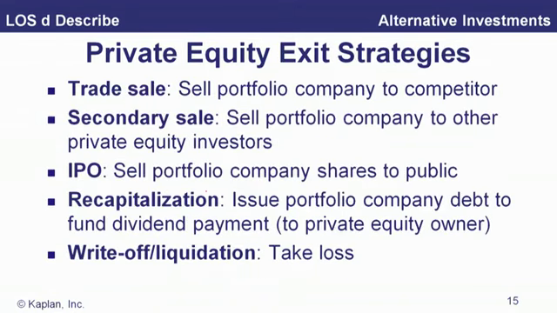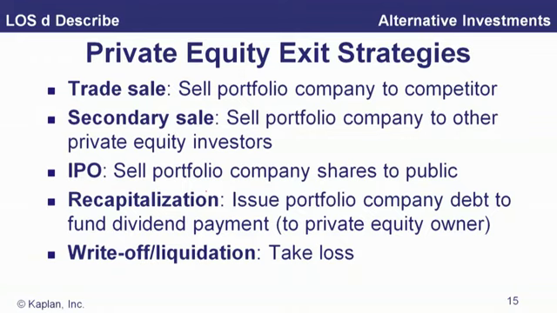So how do you get out of a private equity? Well, one way would be to sell it to a competitor, or sell it to another private equity investor. The preferred way is to have an IPO and sell a portfolio company shares to the public. That's usually how you raise a lot of money, but you could sell it to a competitor. Okay? They might want to grow that way, or another private equity company may think they can do more with it and eventually bring it to an IPO.